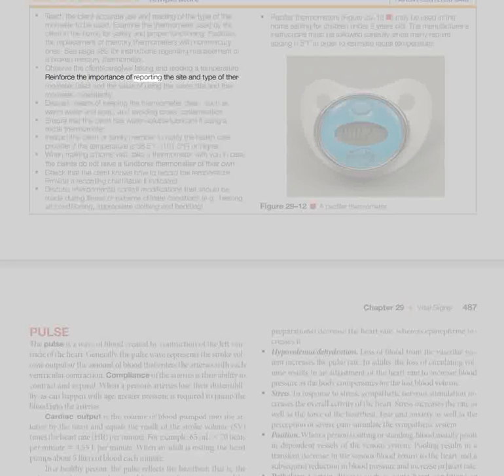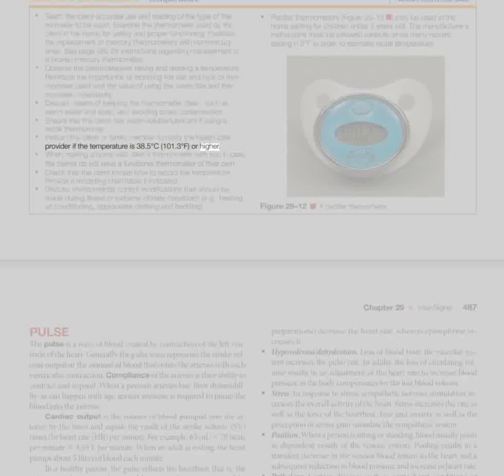Reinforce the importance of reporting the site and type of thermometer used and the value of using the same site and thermometer consistently. Discuss means of keeping the thermometer clean, such as warm water and soap, and avoiding cross-contamination. Ensure that the client has water-soluble lubricant if using a rectal thermometer. Instruct the client or family member to notify the healthcare provider if the temperature is 38.5 degrees Celsius (101.3 degrees